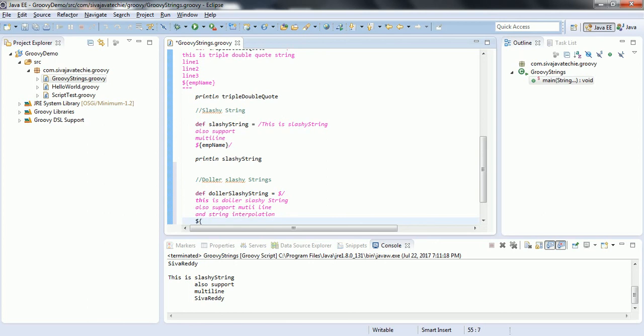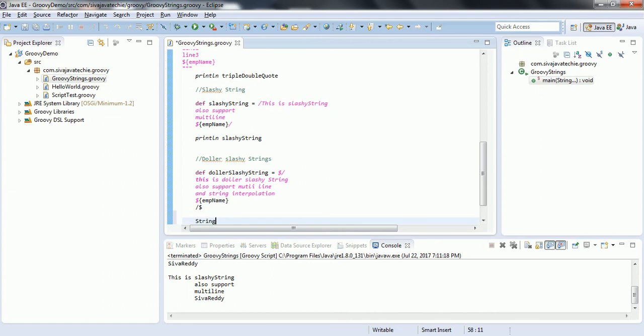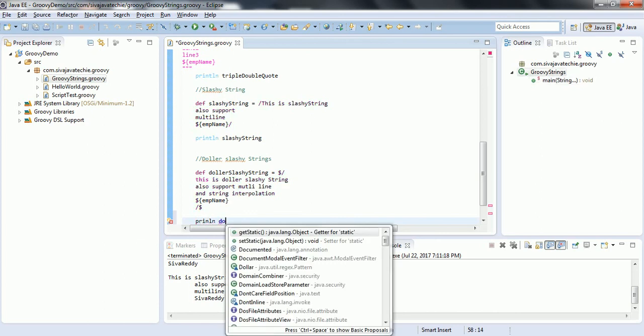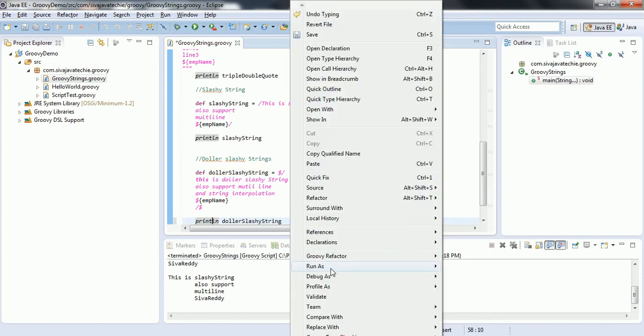And then you can put the expression. When I print this value, println dollar slash e string. Sorry, it's a typo mistake, println. Now when I run this program,